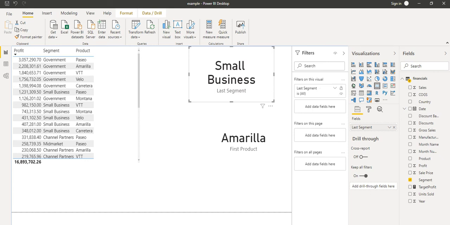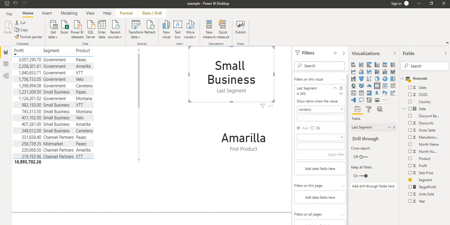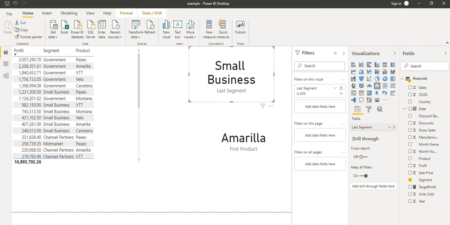So when we are talking about the filter on the visualization, what we want to show is the segment name which has the highest profit, and that is what we are going to show inside this. It should come as Government. So we want the first segment, but currently it is showing the last segment.